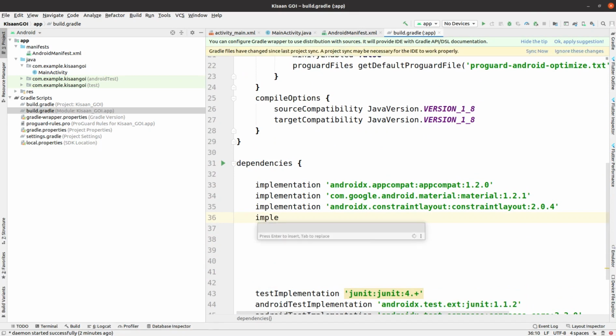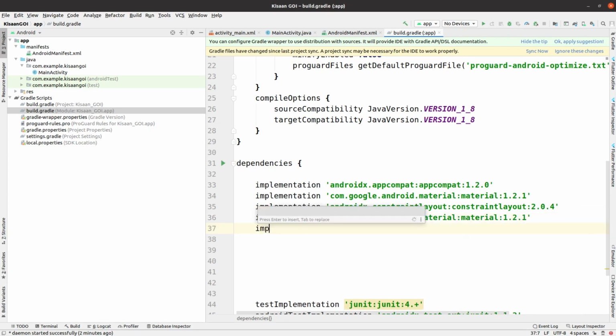First you have to type implementation, then the dependency, and here I'm going to use the dependency from Google for the material design. Let me type the version here. Every dependency has its own version, so the version is 1.2.1.